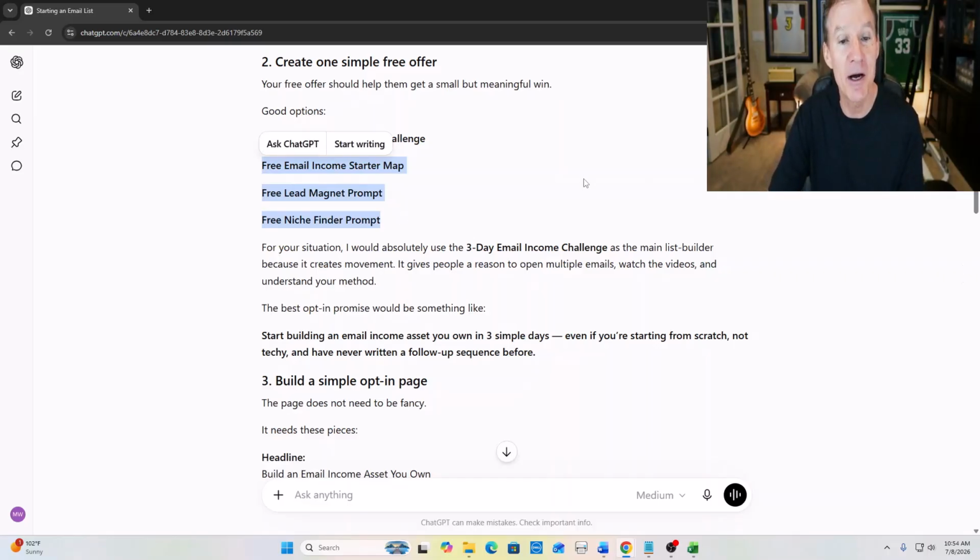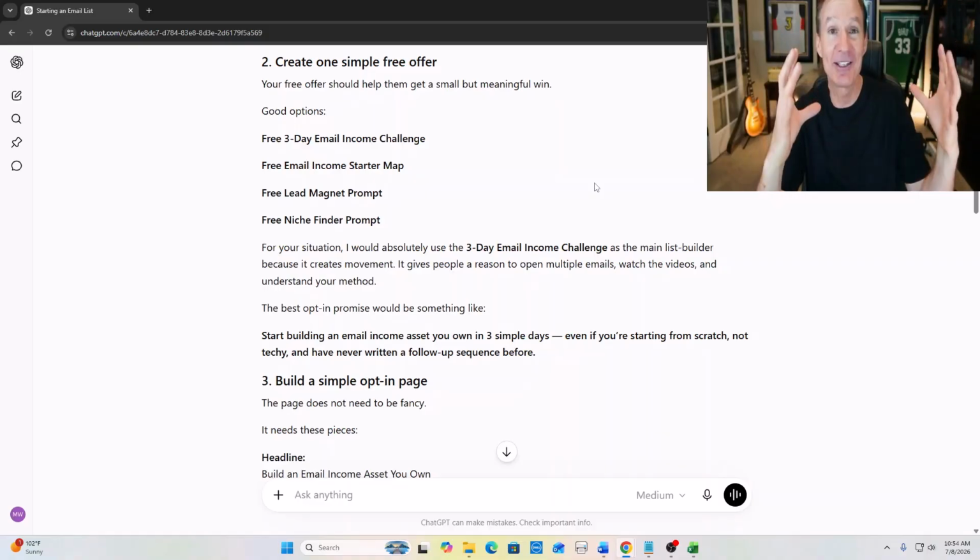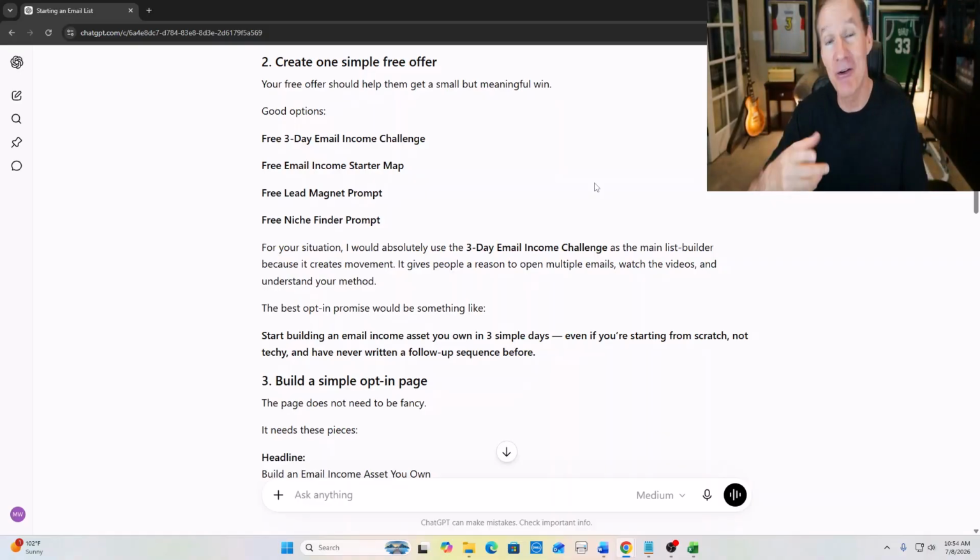So when it comes to what we are giving people, it can be simply something that they can download. Have you ever gone to a website since the beginning of the internet and there's been a place that says, hey, would you like to receive our free thing? Simply give us your email address and we'll send it to you. Yeah, we've all done that as consumers. Simple. That's referred to as a lead magnet.